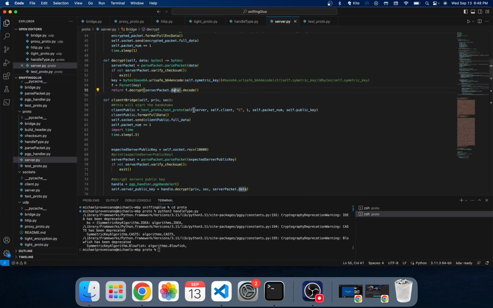We first build a packet using the C mode, and this basically says to connect. And then here we build the data, and then here we actually send the packet. We increment it, and then